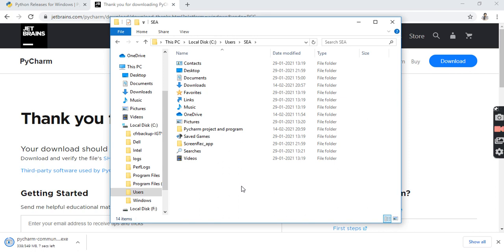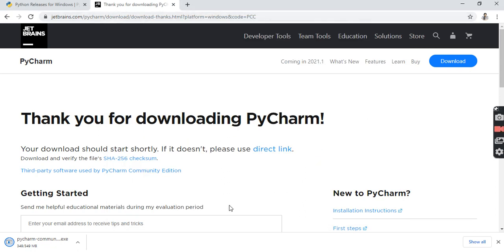Like if you want to install NumPy, let's say, there is a command that is pip install. So we will write pip install and then write NumPy. So for now my PyCharm is downloaded, and by the time I have told you many useful things. So just keep all those things in mind.